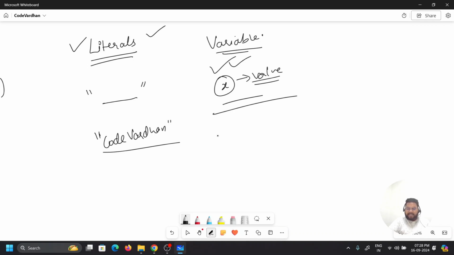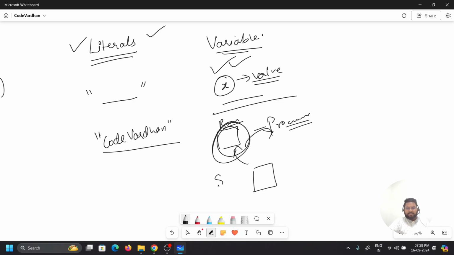When we are running a program, we have RAM and a processor. Something we have to store in RAM and then it will be sent to the processor. To store something in RAM, we need a space, and to identify this space, we use an identifier. The combination of a space and an identifier, we term it a variable.